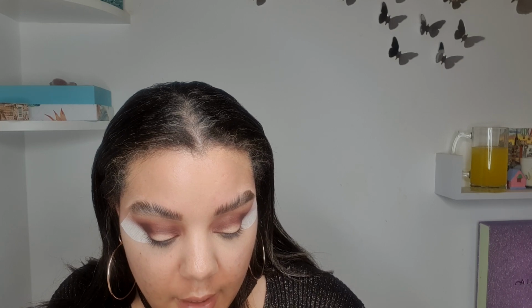Taking that down into the outer corner a bit. And then going back into that more mid-toned brown and just literally flopping that around in the lid. I'm lazy, so I don't like to spend a long time on blending, especially with neutrals, because if I'm using a neutral, I generally just want to be able to whack it on and hope for the best. So yeah. And then going back into the beige